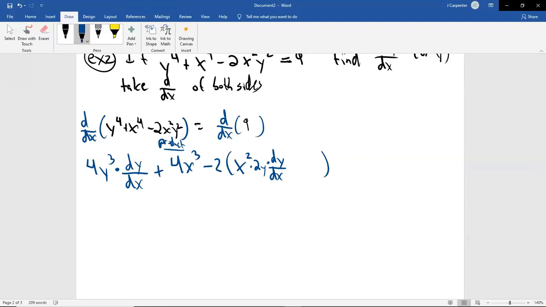Again, I took the first times the derivative of the second. So the first was the x squared. The second is the y squared. The derivative of the first is 2x. The derivative of the second is 2y dy dx because of the lack of matching variables with the with respect to part. So that was the first times the derivative of the second, then plus, we're going to do the derivative of the first